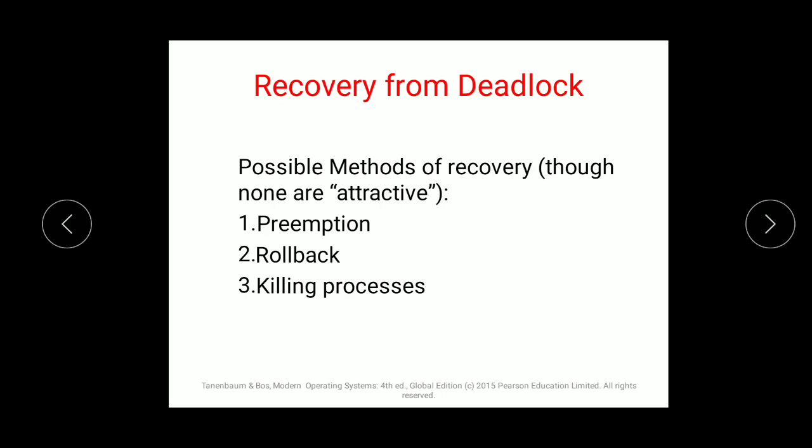The first one is preemption. What is the recovery from preemption? Incrementally preempt the resource from the process and reallocate the resource to another process until the circular wait is broken. So for doing such things, we can preempt the resource. Preempt means